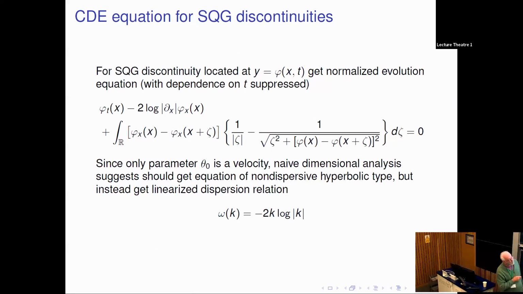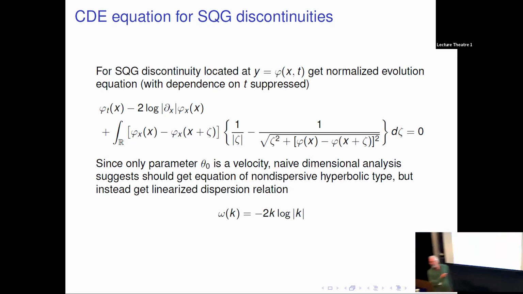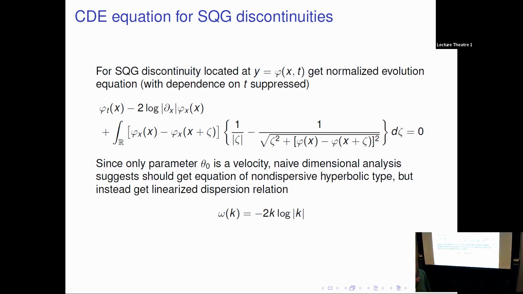But here's what I just want to show you, what the contour dynamics equation looks like. And you see the linear term is actually a log |D_x| v_x. So you get this strange logarithmic dispersion coming in. And then this is the cubic nonlinearity here. Now, I thought maybe this would behave almost like non-dispersive waves, but that's not the case. It seems like this logarithmic dispersion is still strong enough to make it behave like a standard dispersive wave, with t to the -1/2 decay.